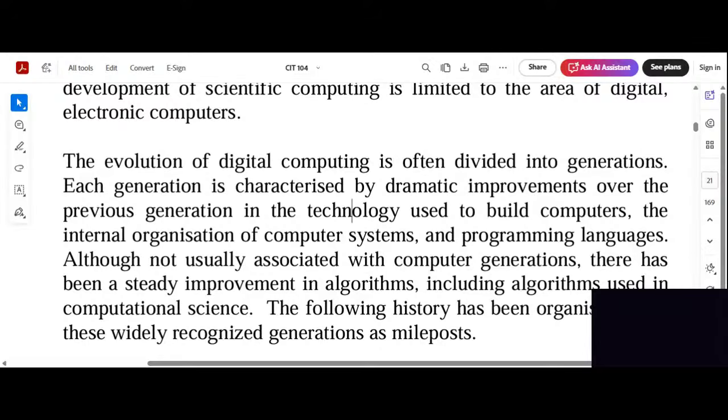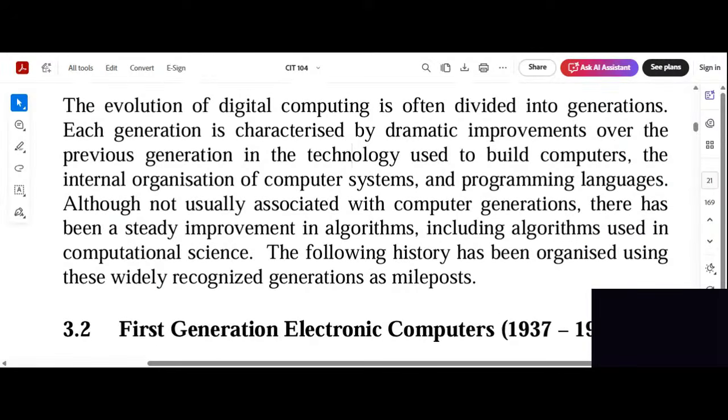Let me tell you something funny. In the first generation of computers, if you are not a programmer, you cannot use a computer, because they use codes to talk to the computer. Now that you open your laptop, you type English, and the computer will answer you, give you response. It wasn't so before. If you don't know about coding, sorry, you won't even go near your computer. It was like an idol then. It's only those who are priests of that idol, that means programmers, that will be able to operate. We'll get there when we are talking about first generation.